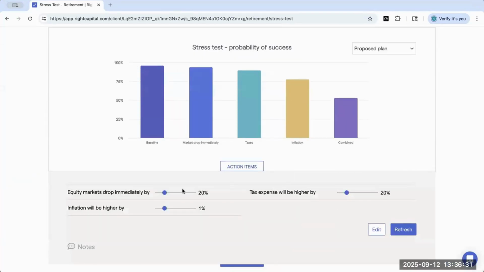Give this a moment to load. Perfect. Now, let's see here. We have some inputs already entered. Let's drop the markets. We can increase, so let's say the tax expenses increased only by 10% and inflation by 1.5. I'm going to go ahead and hit refresh on my computer,